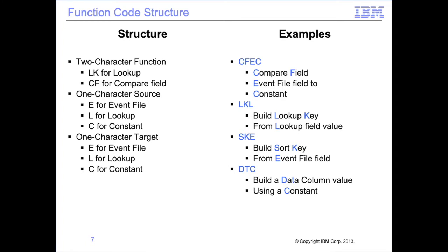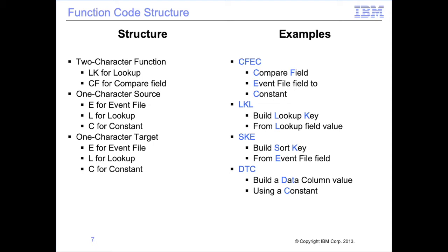To help in remembering what each does, it is useful to remember the following naming rules. Each function code has a 2-character function, like LK for lookup or CF for compare field. Many have 1 character for the source, such as E for event file, L for lookup, or C for constant. Many also have 1 character specifying the target. Examples include